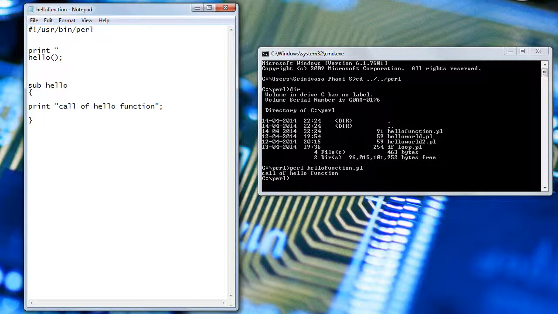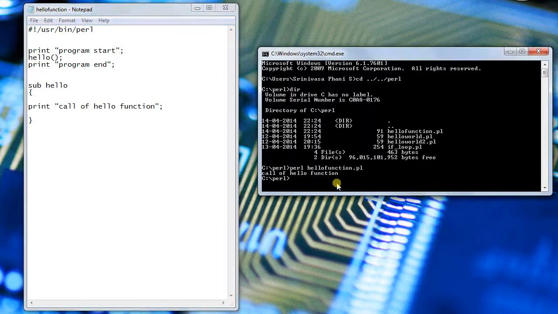First, I'll put a simple print statement like program start, and after that I am calling the hello function, and after this I will put another print function and write program end. I'll just save it and I will run this one again.